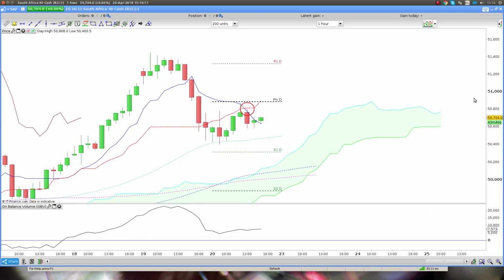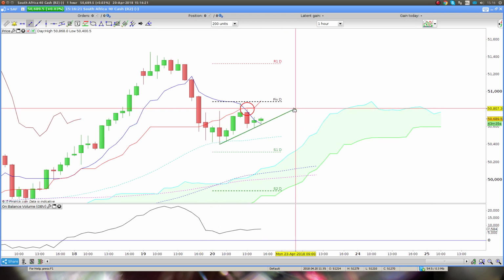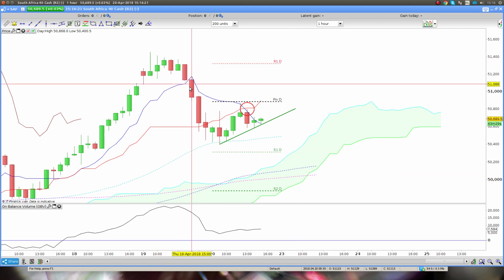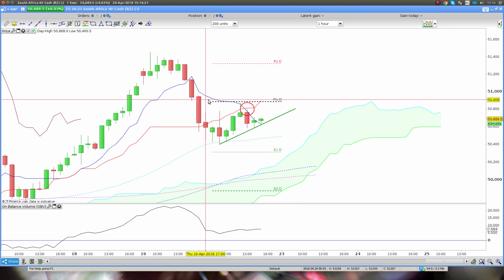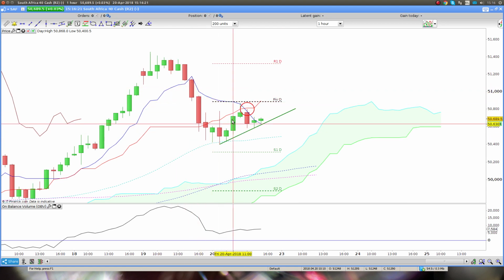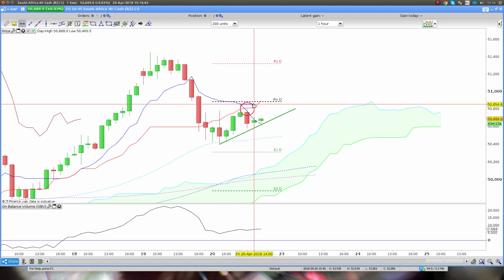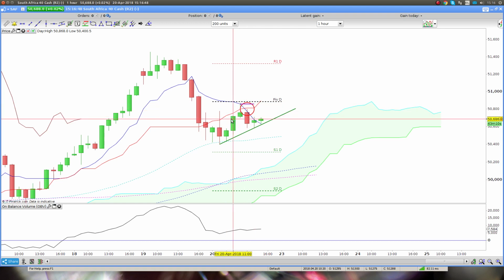Okay, the cloud itself is flat. There's nothing indicating a change there. And we are battling on this trend line here. So let's have a look at price. Price broke through below Tenkansen. Okay, so you could have taken a stab, and I say a stab because there's no level here. There's a pivot and there's Kijunsen. So when we hit that area there, you could have taken a stab at a short if you weren't still